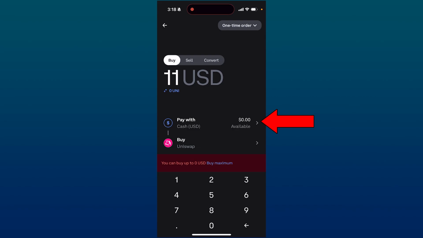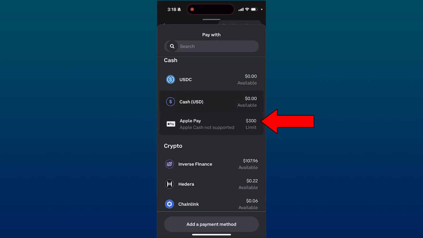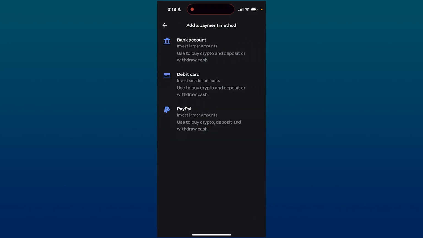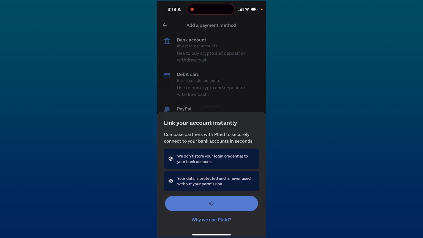So once you put in the value you want, you just have to click on pay with and simply pick on the payment method of your choice. At the very bottom, you can add a payment method and pay with your bank account, debit card, or PayPal. It works for all of the above. I'm just going to choose my bank account, and you click on continue, and it'll simply link it to your